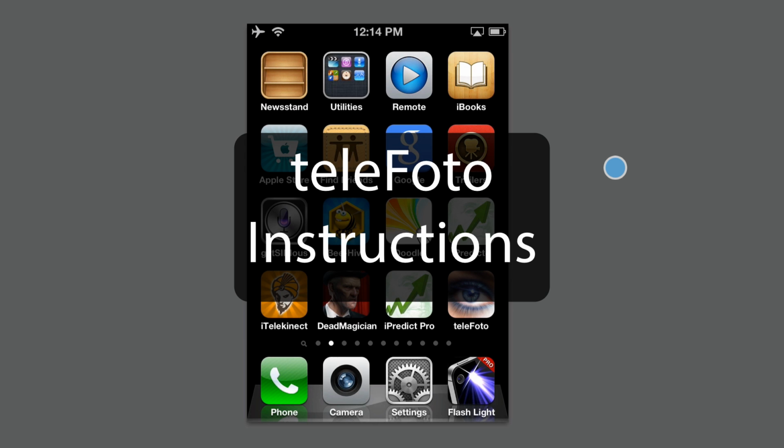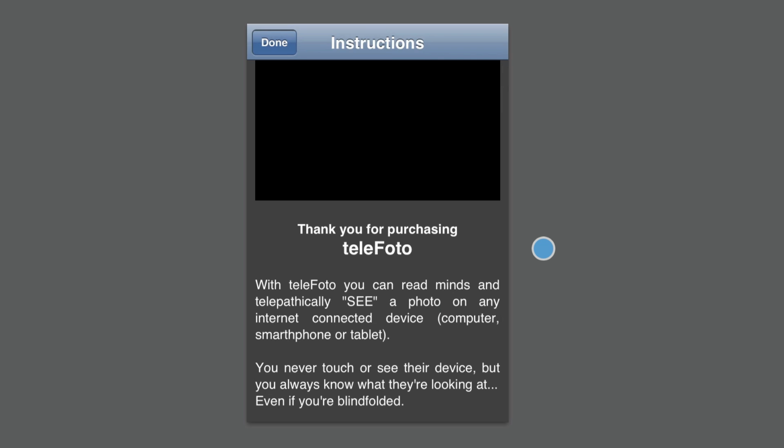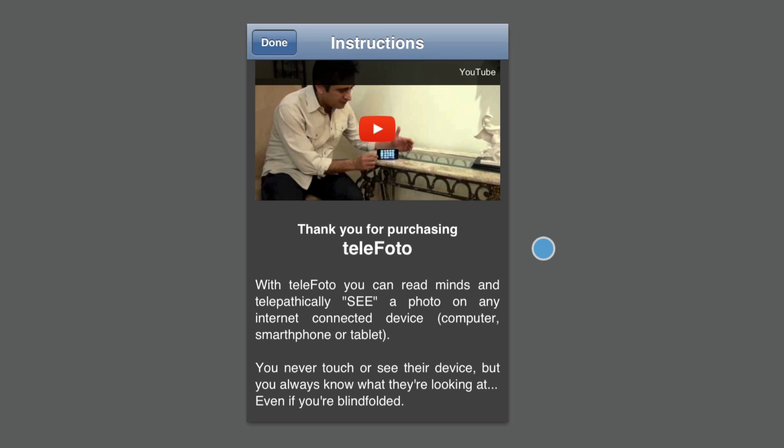When you first purchase teleFoto, you will see the teleFoto icon appear on your springboard or your home page. So go ahead and touch the teleFoto icon to launch it. And here it's going to display the instructional manual, where at the top you've already clicked the play button to